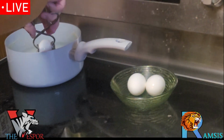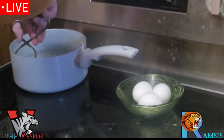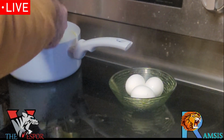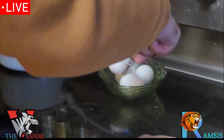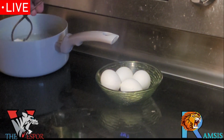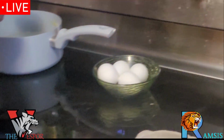Alright, so here's Vespor taking the eggs out, and now they're hard-boiled. We had it on for 15 minutes, but it really only needed about 11 to 12. You can smell when hard-boiled eggs are ready. Believe me, the smell is very unique and potent for hard-boiled eggs. You can definitely smell when they're ready. Oh, that one's dead. Oh, we lost one? It's dead, Jim. Alright, so it's going to be 5 eggs for our...